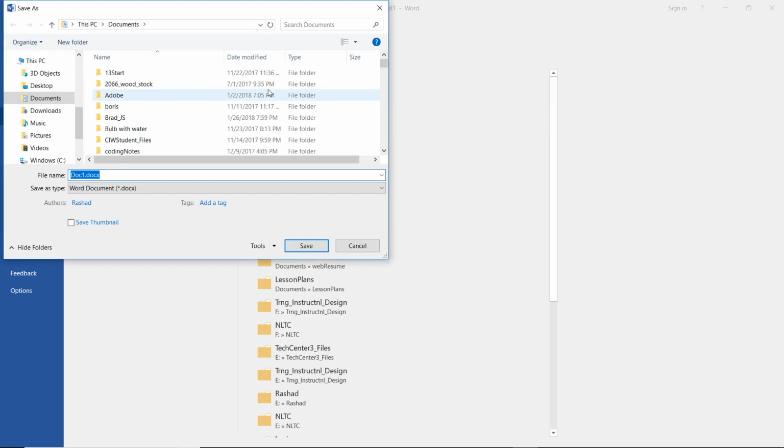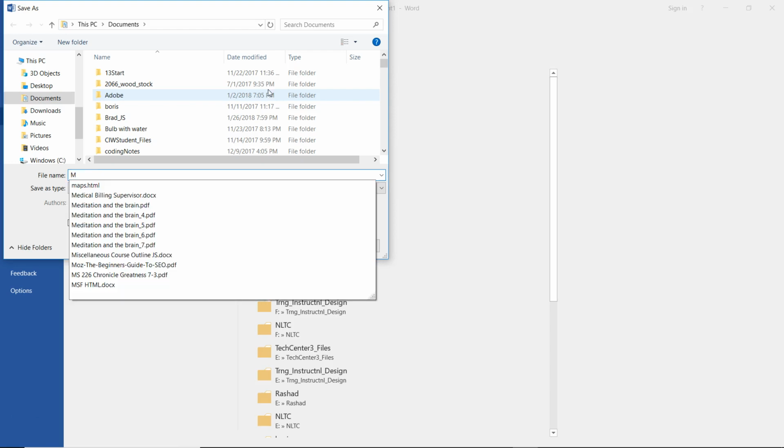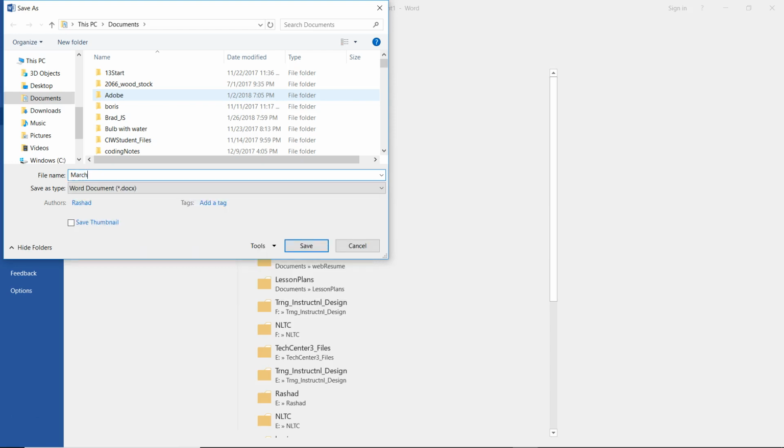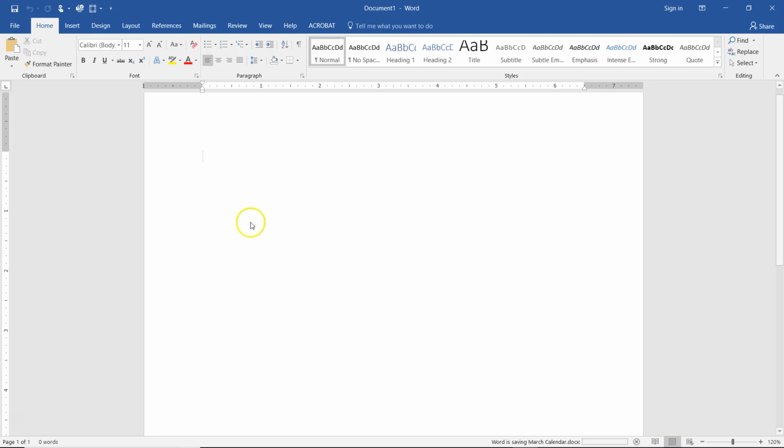We have nothing in the page itself right now, but we're going to save it as March calendar. As we put this in, we're going to click save, and we're saving it in the My